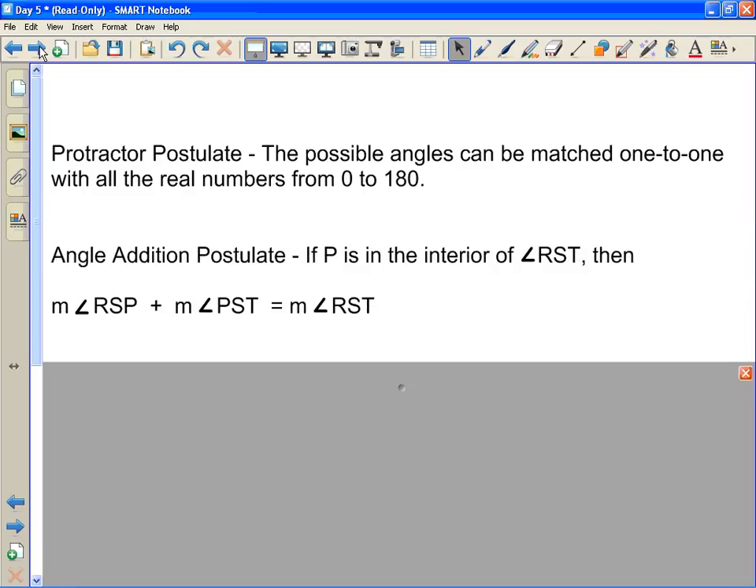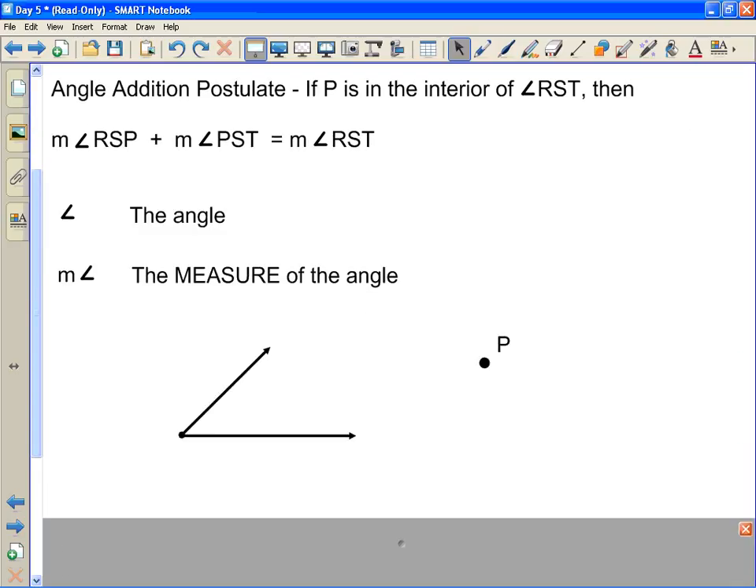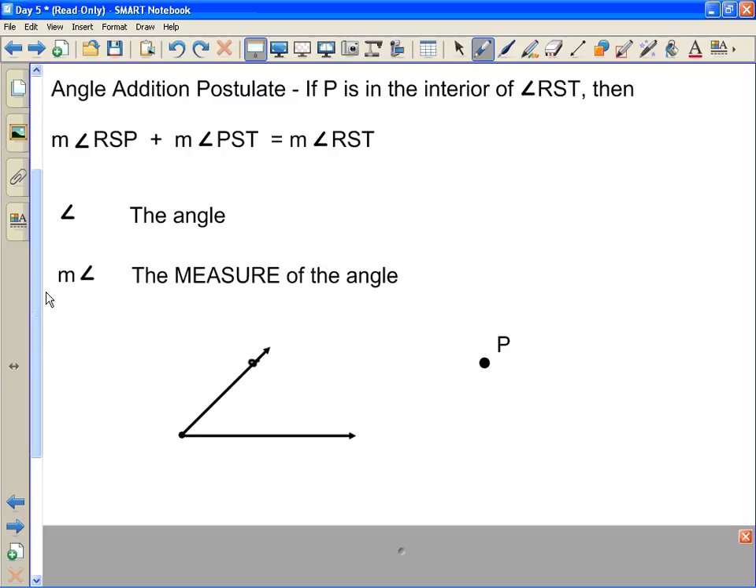Okay, there's an angle addition postulate. I'm going to try to put the whole thing up here so you can see what it looks like. So there's these points R, S, and T. The angle addition postulate says that if P, this point here, is somewhere inside this angle, anywhere inside,